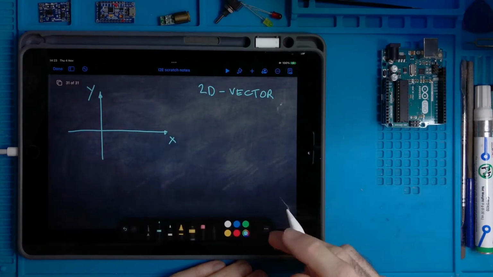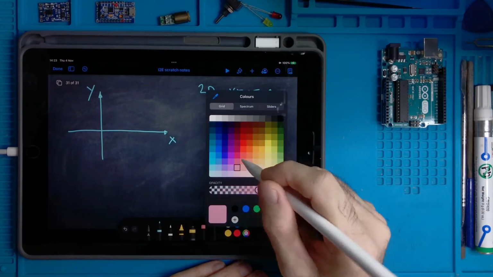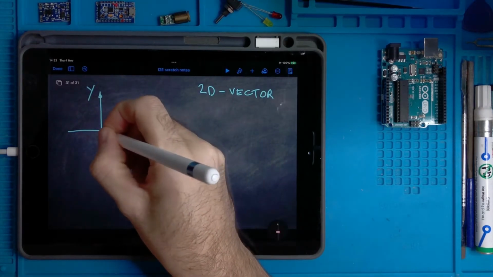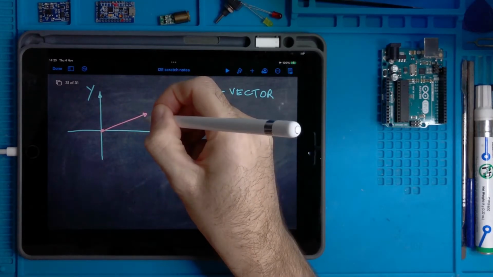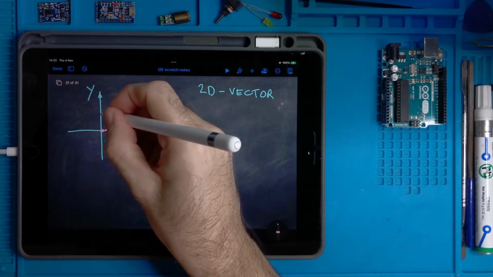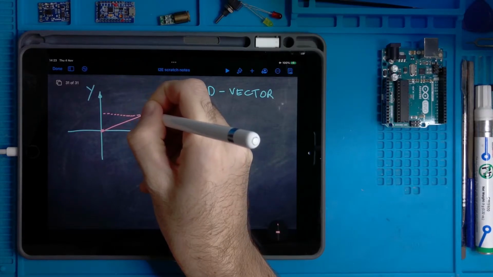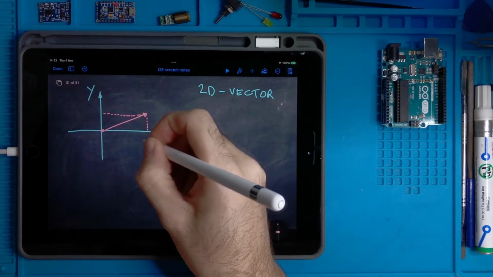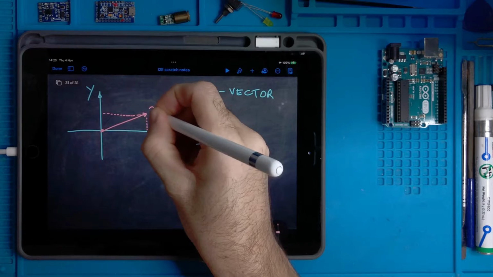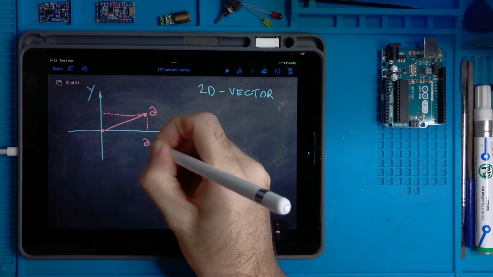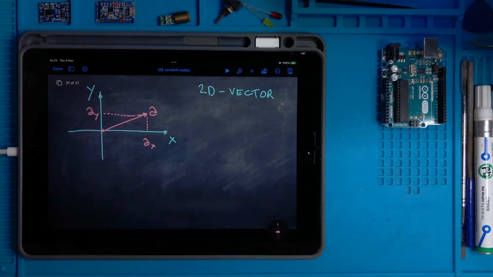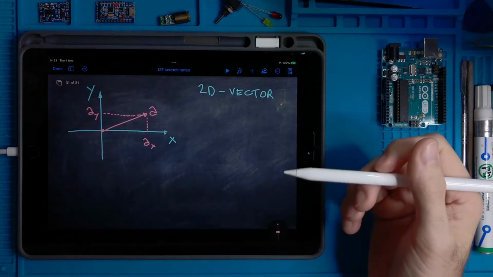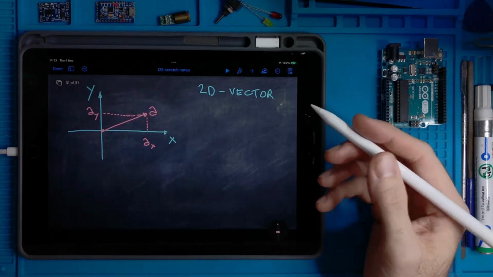So now I draw a vector like this, for instance, and then we probably know this. I call this vector A, and this is called AX, and this is called AY. So the two projections, as they are called, of a vector.